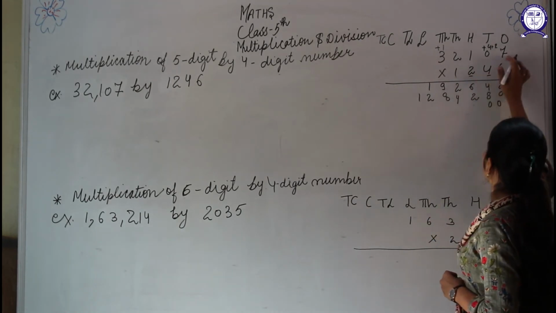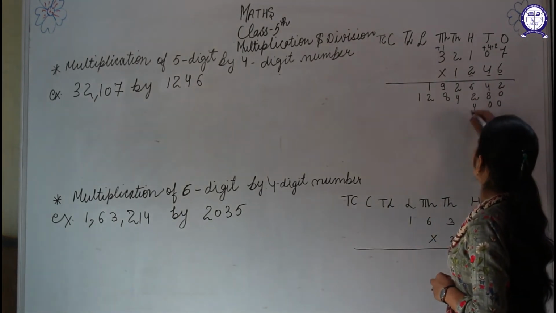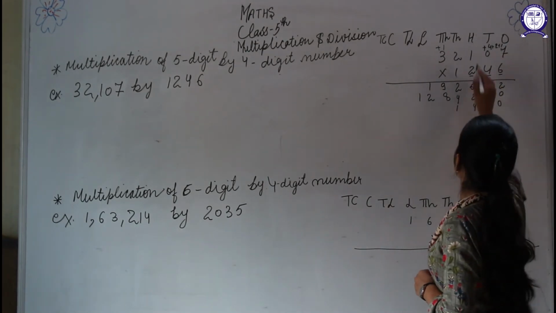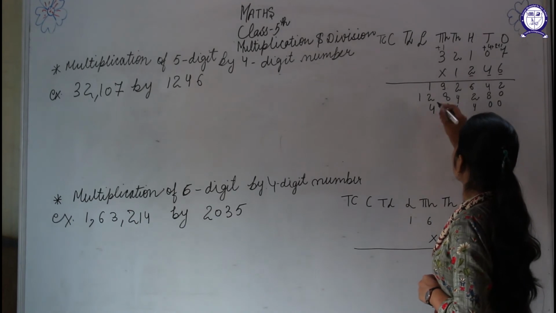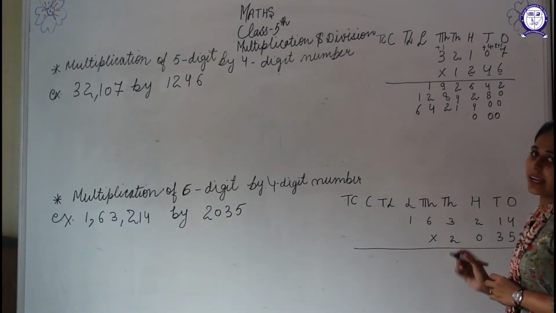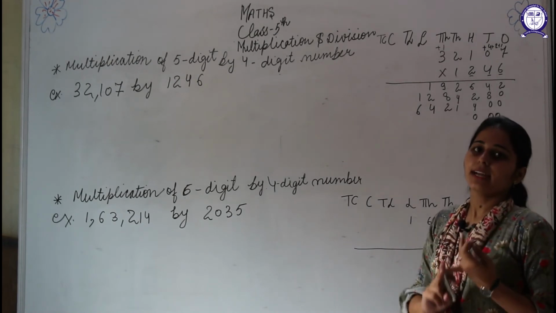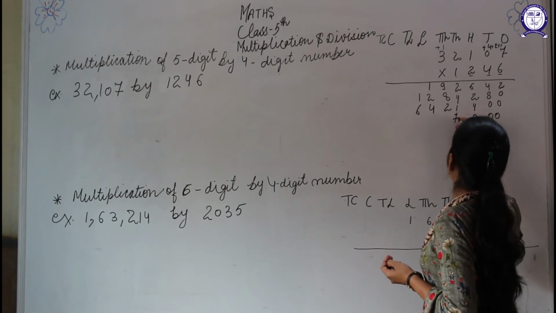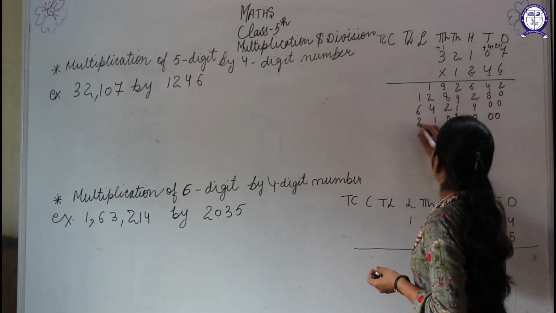So now multiply with 2. 2 sevens are 14, carry 1. 2 multiply 0, 0, 0 plus 1, 1. 2 ones are 2, 2 twos are 4, 2 threes are 6. Now you will write 3 zeros or 3 cross signs under the ones, tens and hundreds place digits. Now multiply the number with 1. As you know, while multiplying by 1 you can also write the number as it is.